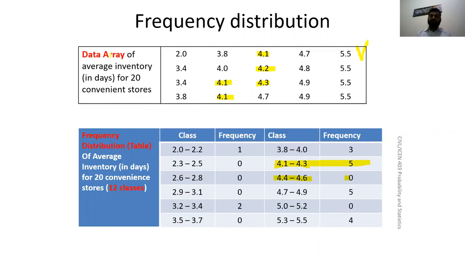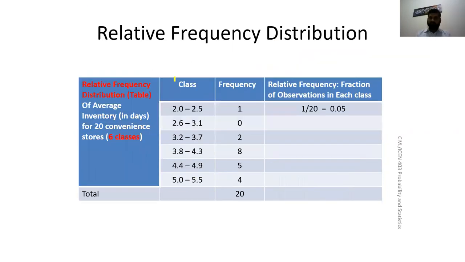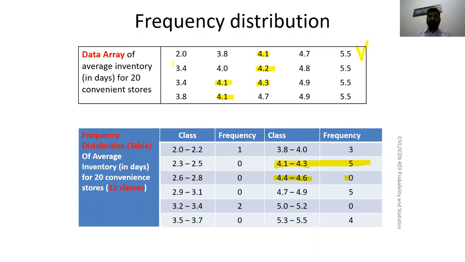I will give you the formula later on. In later slides I wrote the formula as well, but if you want, I can write it now. If you take the highest value in your data, call it B, and the lowest value in your data, call it A.